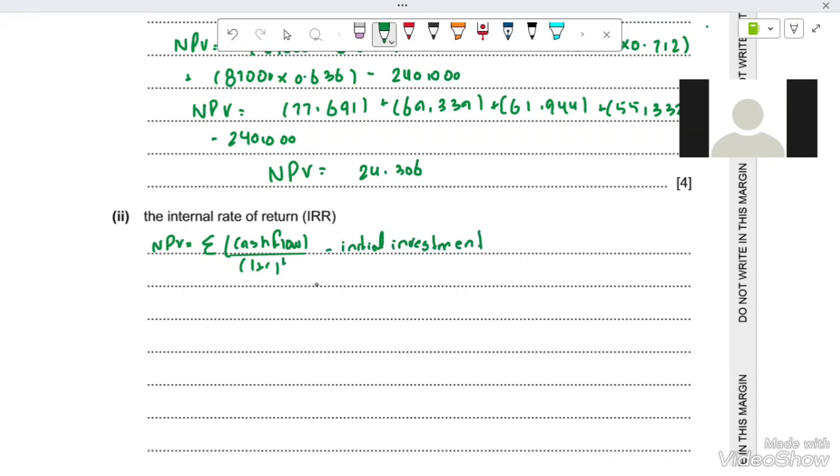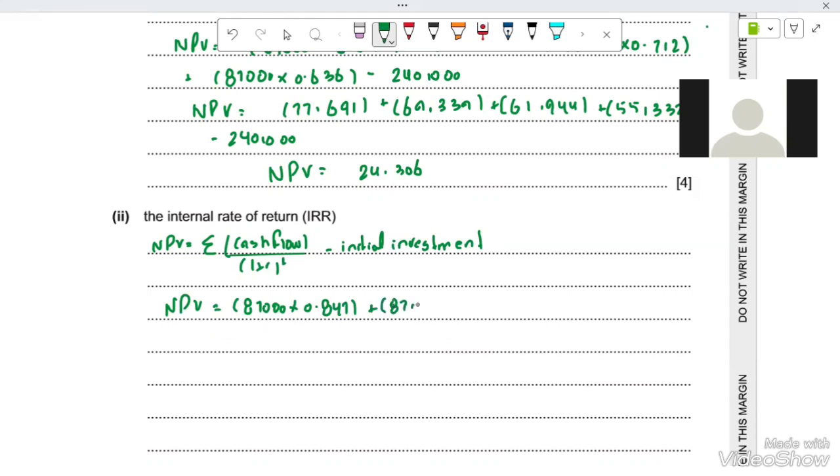So we already calculated the value, which is 87,000. So NPV: the annual cash flow, 87,000, multiplied by 0.847, the discount factor at 18% for the first year,